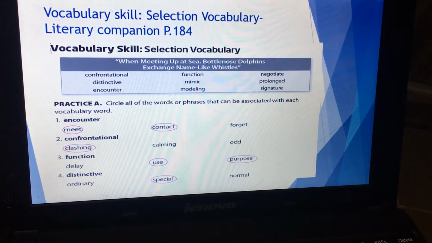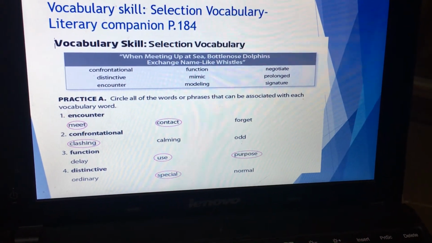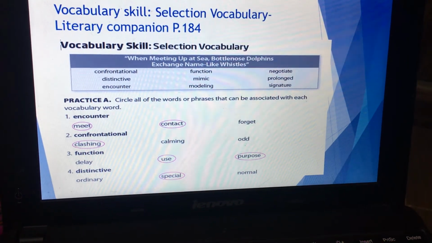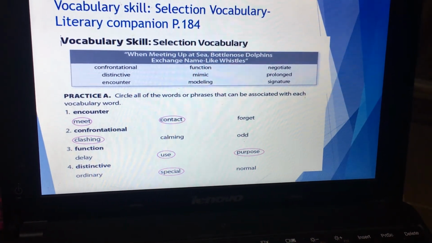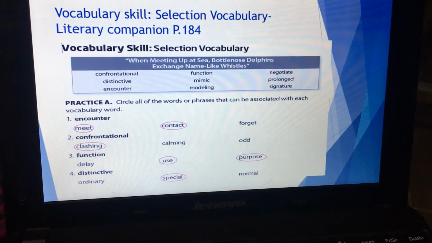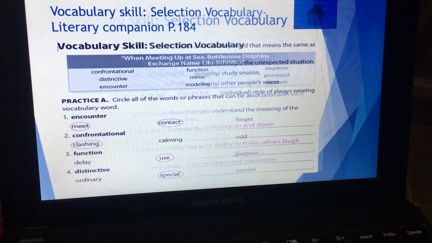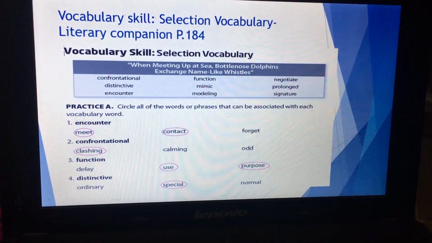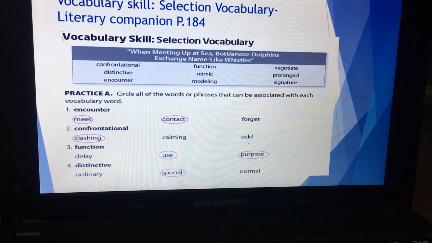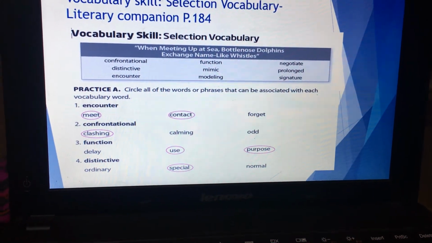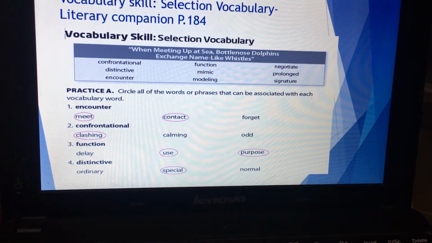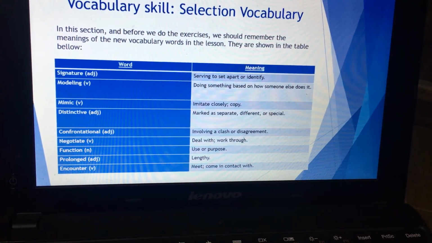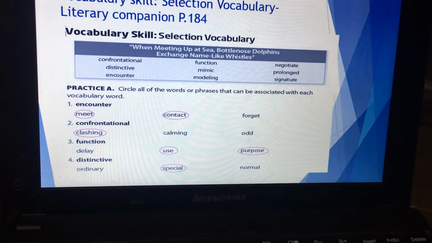You have these words in front of you. And the first exercise, practice A, you have to circle all the words or phrases that can be associated with each vocabulary word. Again, students, you can circle more than one word. For example, the word encounter, it might mean meet or contact, but it would never mean forget. The word confrontational, it means clashing, because if you go back, confrontational means involving a clash or disagreement. The word function, you